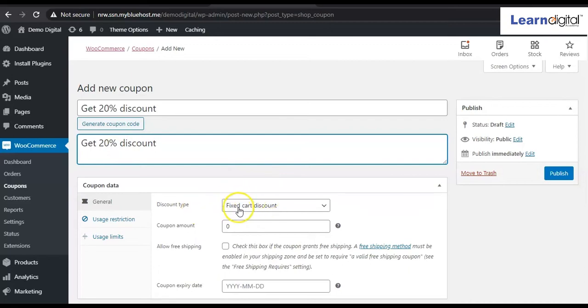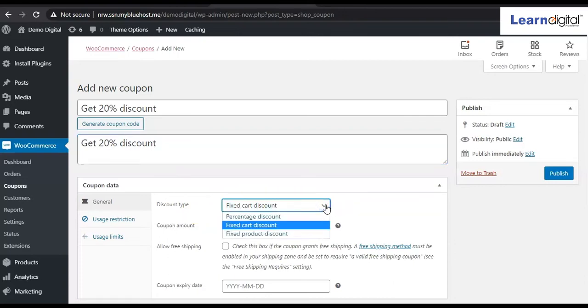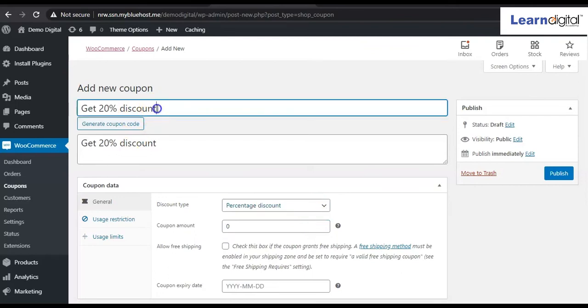Now, if we come down, here is discount type. By default, it is showing fixed cart discount, right? Here you have to click on percentage discount. Why percentage discount? Because here we are showing a 20% discount. You can create some coupon code as well.